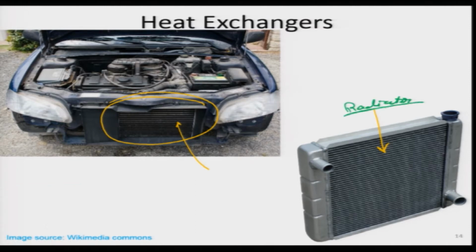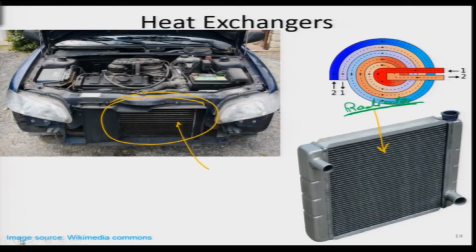A similar type of heat exchanger. This is one of the commonest types that we can see around. Then we can look around at the condenser and evaporator in our air conditioner, especially inside the fridge. There is a lot of heat exchange taking place inside that freezer compartment. Then we can also look at technical types of heat exchanger.